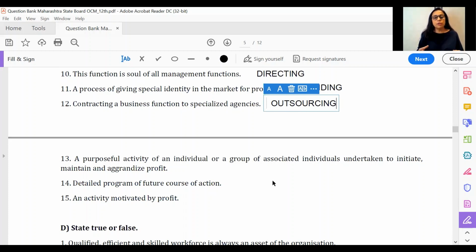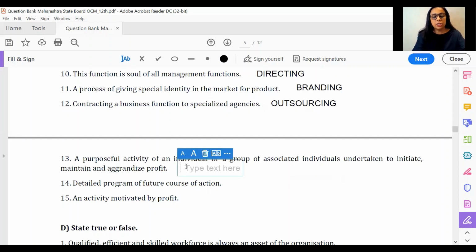Okay, so the entire sentence, if you see, is covering a particular definition, and you will see that this definition appears in your textbook under the chapter of entrepreneurship. So it is not entrepreneur that they're talking about, they're talking about entrepreneurship. All right. Detailed program of future course of action is nothing but the first management function, and that is the